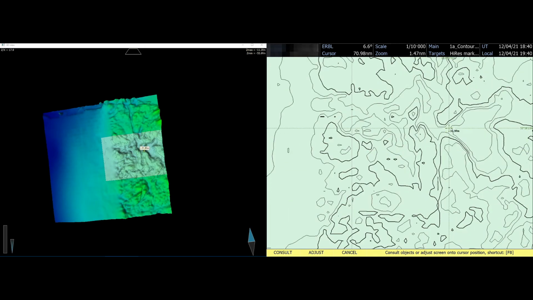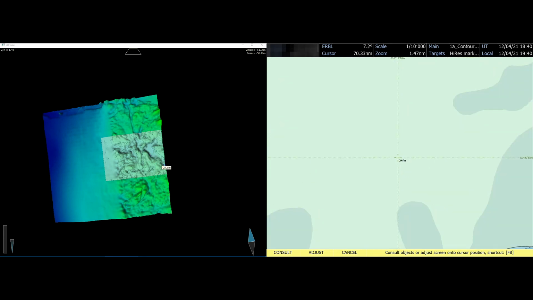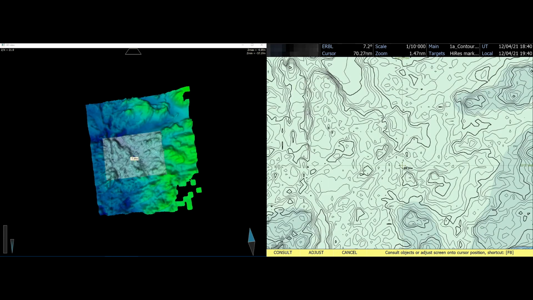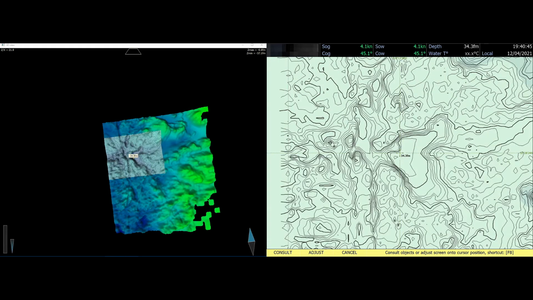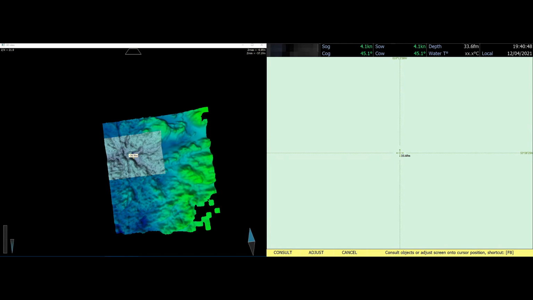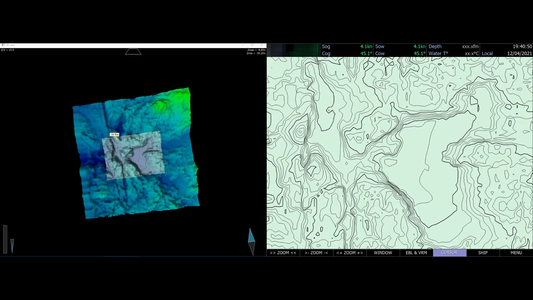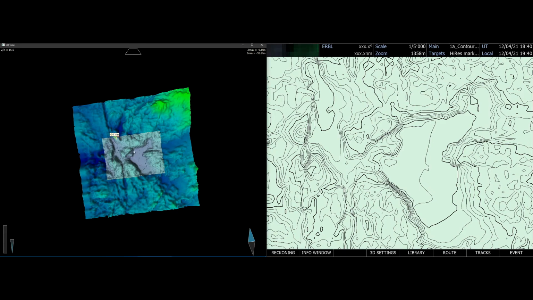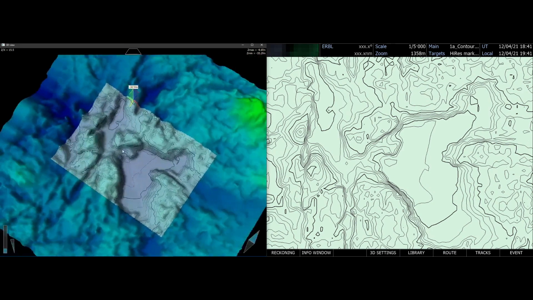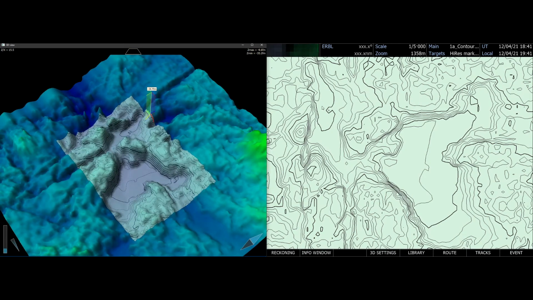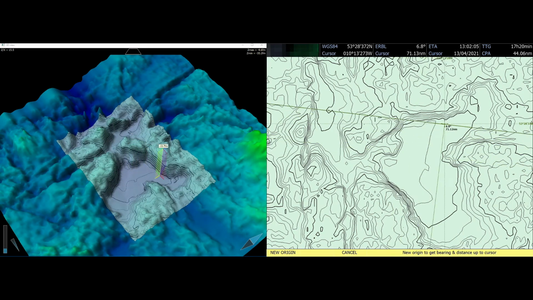So if you're doing whatever kind of fishing you're doing. Let's take a look in here. So you've got a big hole in the seabed here, roughly